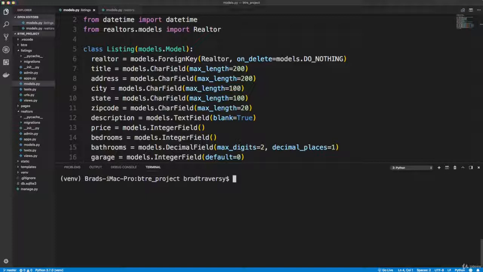And let's see, we want to run python manage.py, and there's a command called makemigrations. Now this makemigrations is going to actually create a file. This itself is not going to do anything in the database. It's simply going to create the file that we can run to then